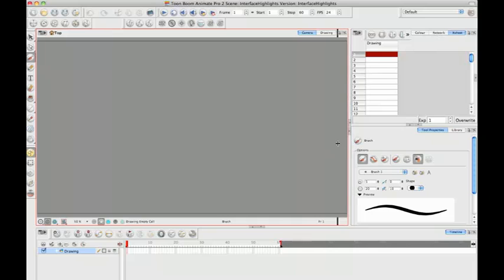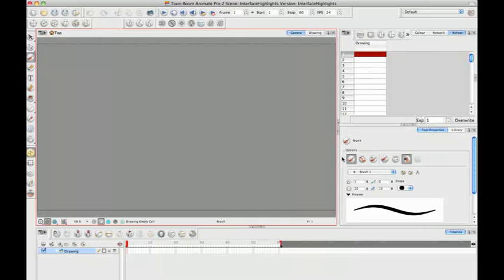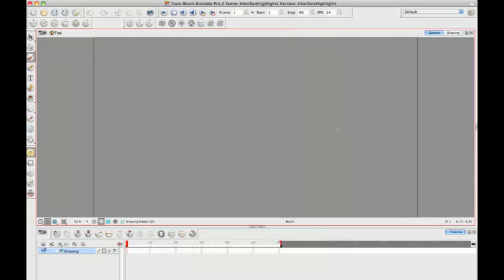And oh, one other thing that I think I forgot to mention when I was talking about Storyboard Pro is these triangles here. These triangles allow you to temporarily minimize or maximize a spot on your workspace. So for example, as you're drawing, if you want to temporarily make your camera larger, you can click on the arrow that faces this way, and that's going to make your window larger. But you can see that there's that triangle that's still over there, so you can always click on the triangle